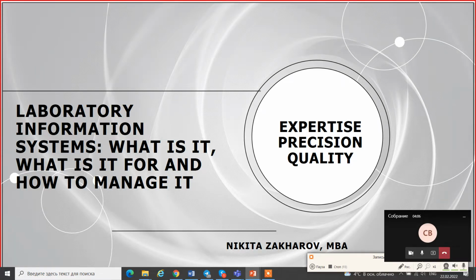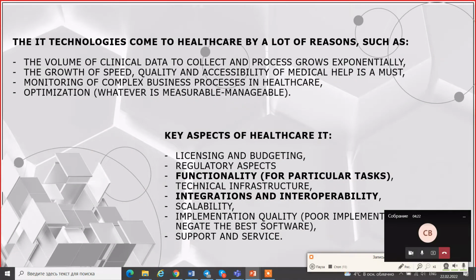So today's lecture is more about the specific of how to deal with this class of IT solution and not about the functionality of the LIS itself, because 1 hour is a pretty brief format, so we'll be unable to look at this. So first things first, as you know pretty well, I think, the development of healthcare technologies has plenty